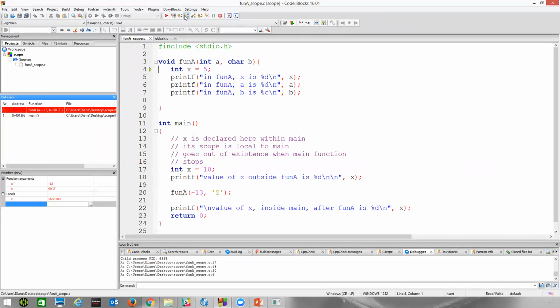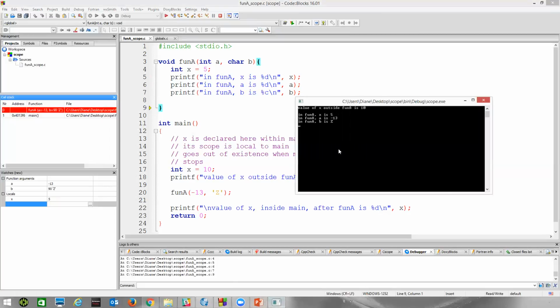All right, so step into, now here, notice we've got two function arguments, A and B. A got the value of -13. The first thing in the list, a copy of that is assigned to A. The second thing in the list, a copy of that is assigned to B. So A and B will only exist as long as we're inside this function. As soon as the function leaves, we don't have access to A, B, or X. Now, when FunA accesses X, it's the X that's defined within here. It has no access to this X down here. All right, so next line, we assign 5 to X. We're just going to step through.